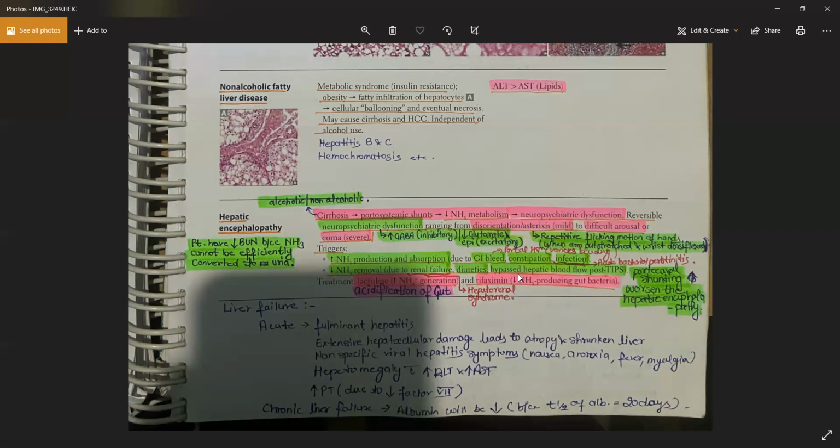Second thing you can do is give the patient rifaximin. Rifaximin inhibits the growth of the bacteria which are releasing the NH3, and as a result, you have a low level of NH3. Is that okay up to here? Yes. So please remember, whenever we have an uncomplicated type of portal hypertension, TIPS can be performed. But whenever you have portal hypertension along with hepatic encephalopathy, you will not do the TIPS. You will give the patient drugs like lactulose and rifaximin for the hepatic encephalopathy, and for the portal hypertension, you can give the patient